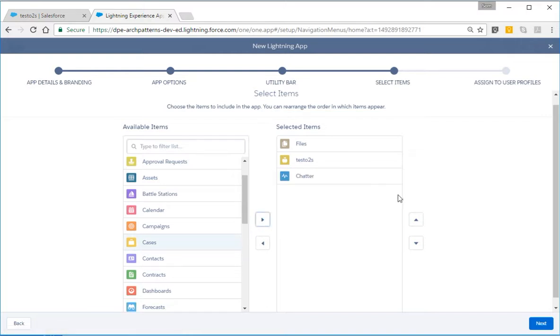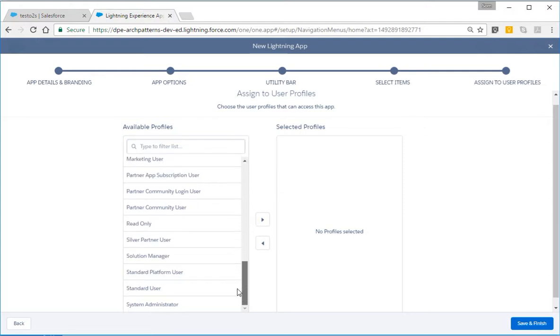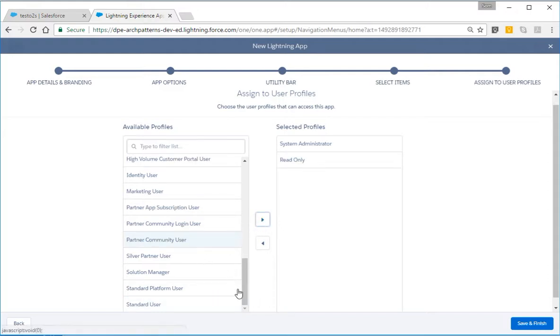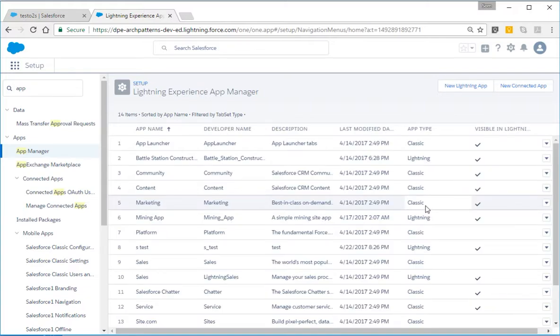Who can see this? Available profiles. If I go system administrator and read only, solution manager, whatever it is. So save and finish. Okay, now we have a new app, and it is this app. So if I go to the apps, I should see that it is here, T-test2,